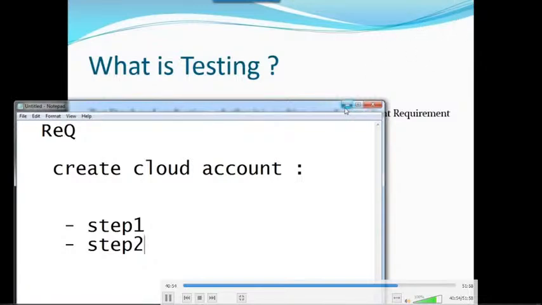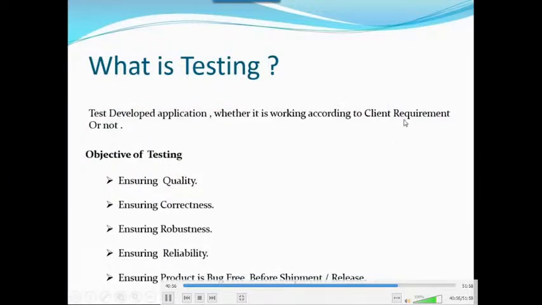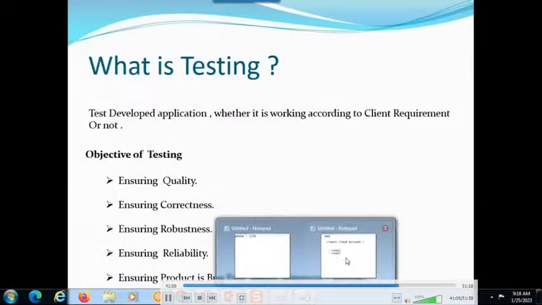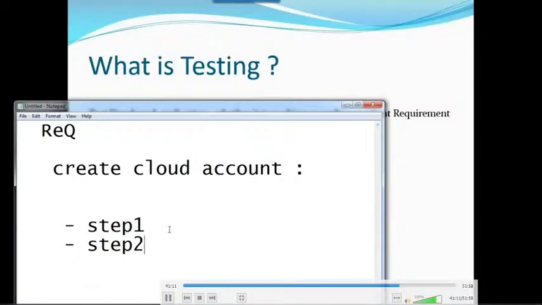As a testing team, we always follow the requirements. How can you say it is working as expected? Whatever is given in the requirements and whatever you get in the output, if both are the same, you can say it is working as expected. Actual result is equal to expected result.